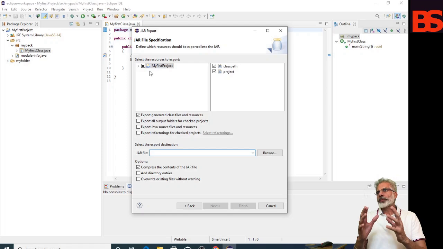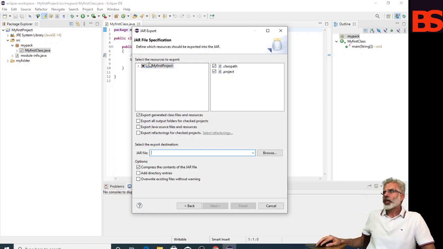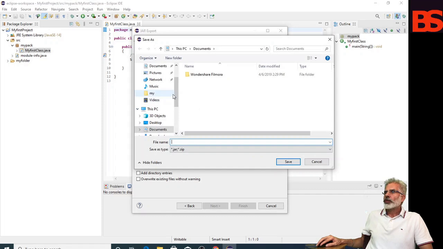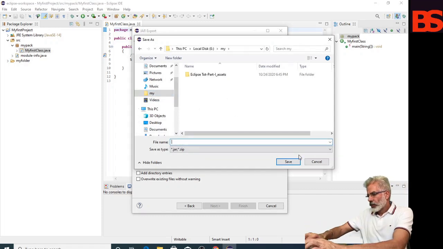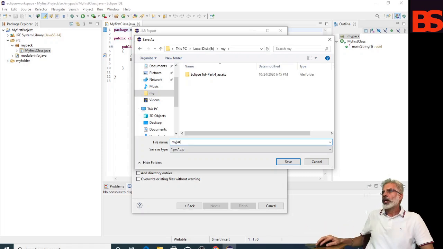In the JAR File Specification dialog box, you can check my first project and export generated class files and resources. It is the default. You can also select export Java source files and resources. Give a name to the jar file and browse where you want to save it, like my jar, and save.